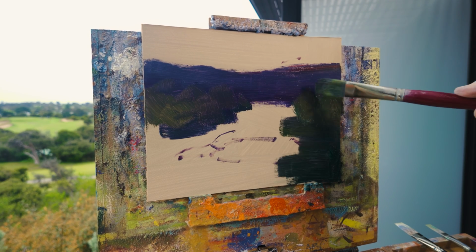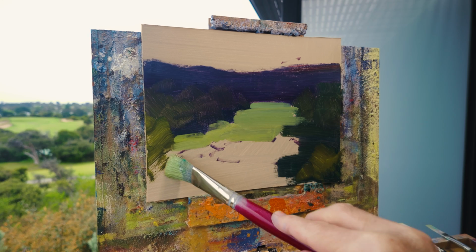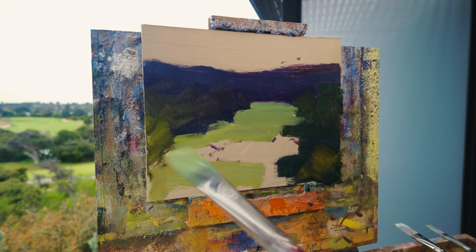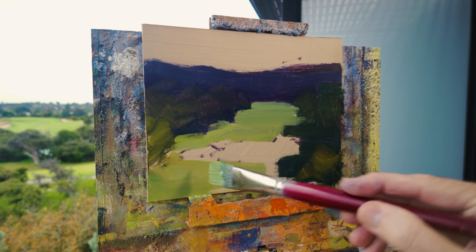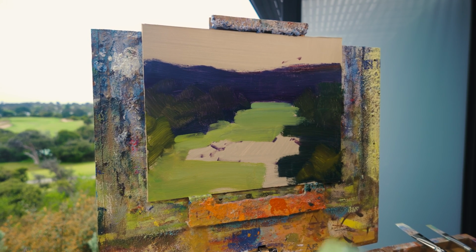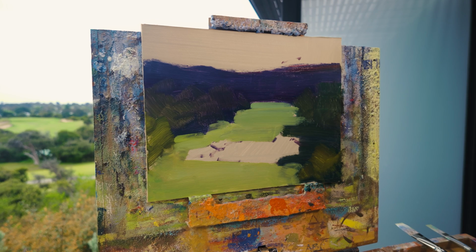See, I'm laying in those big foliage areas, the big tree shapes. It's just a great way to blast in and get those big shapes in place. That would have just been a little bit of yellow ochre, blue, and a tiny little bit of red into those shadow values. So it's almost like doing just a standard landscape actually, but I think the